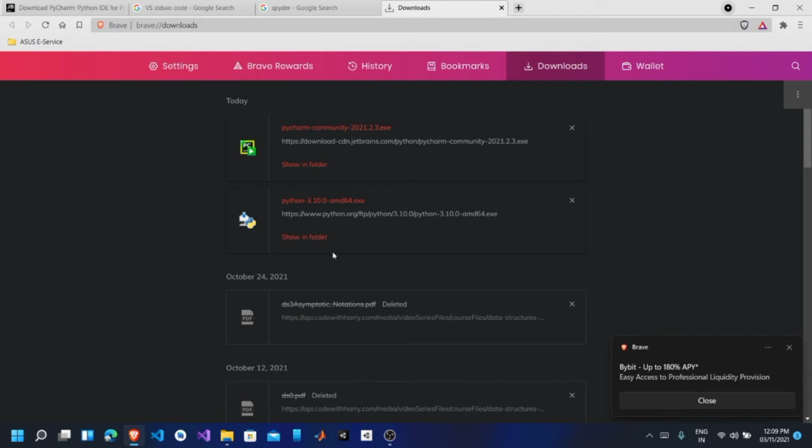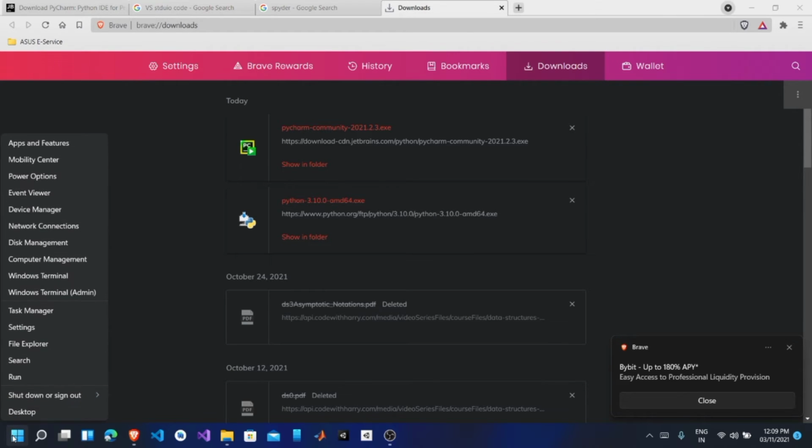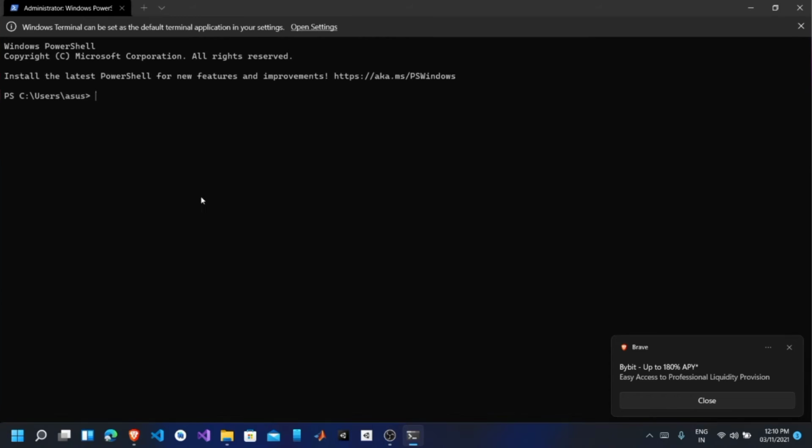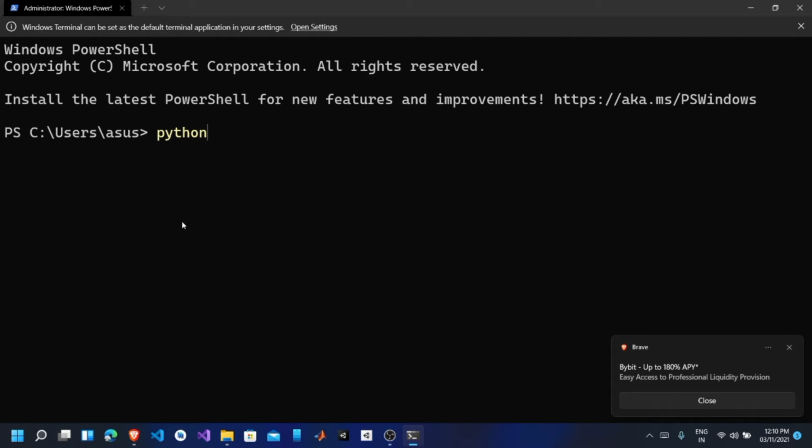To ensure that your Python is successfully installed or not, you just have to go to your start button. If you are on Windows 10, then also you go to the start button, and then right click here, and then go to Windows Terminal (Admin), or in Windows 10 there is a button called Windows PowerShell (Admin). So you click here, and after clicking here you write Python,